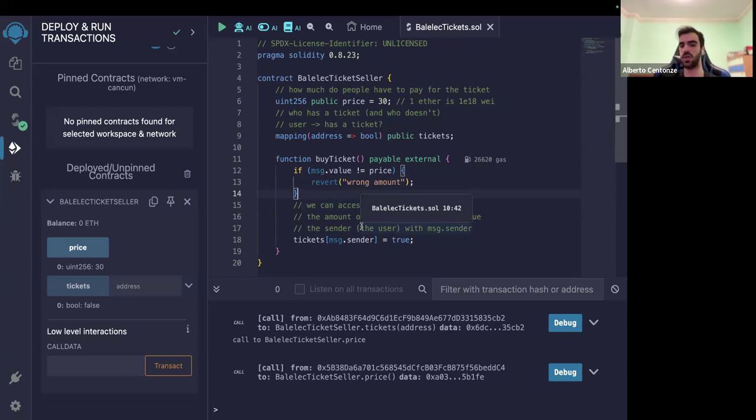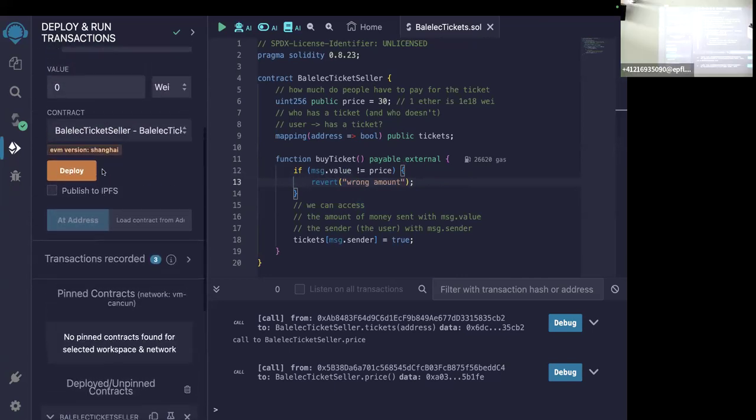And of course, we can expand this as much as we want. I'm going to do some more expansion on some key features, but we also need a way to withdraw the money from the contract to the actual user that needs to then use it to run the festival, and things like this. But already like this, we have something somewhat functional. So let's try to deploy this. Is everything clear so far? Has everyone been able to follow up to here?